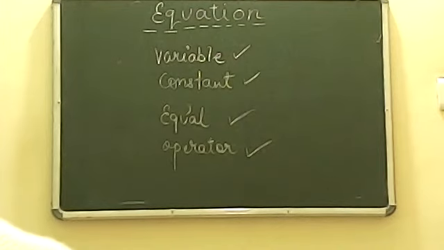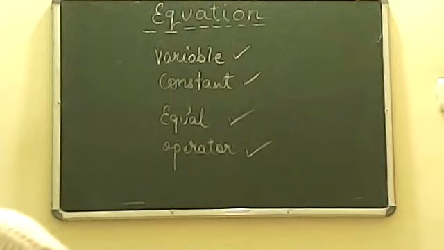Now move on to question C. 4 by 2 is equal to 2. Now is it yes or no? Some are writing yes, some are writing no. Now think, is it yes or is it no? 4 by 2 is equal to 2. Wonderful, Bhavna. You got the right point. It is not an equation. Why is it not an equation? It has a constant, it has an equal sign, but there is no variable. So when there is no variable, what is there to solve? Just see this. 4 by 2 is equal to 2. There is no variable at all. And a variable is a must. So question C is not an equation.